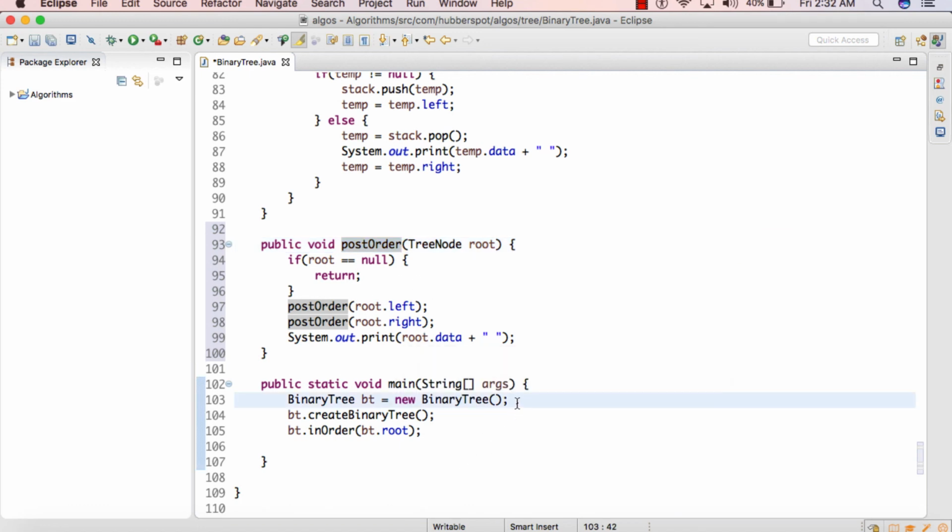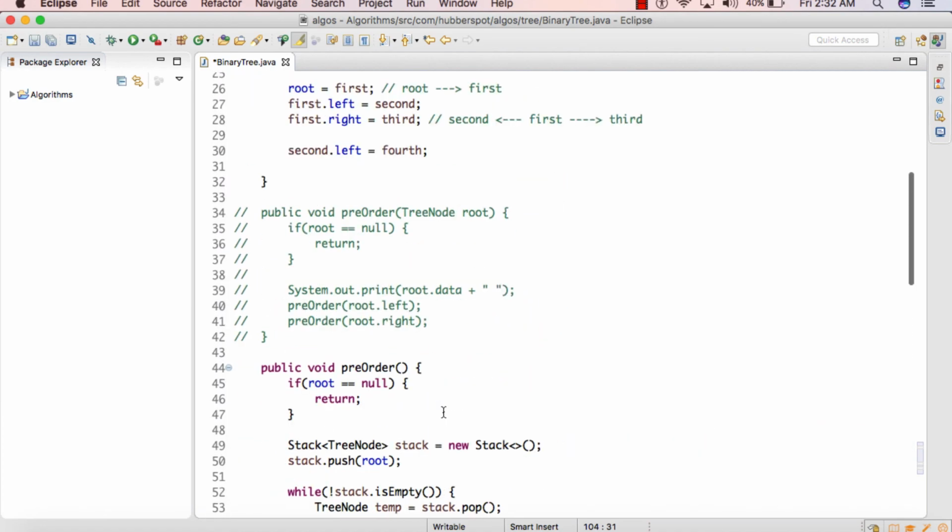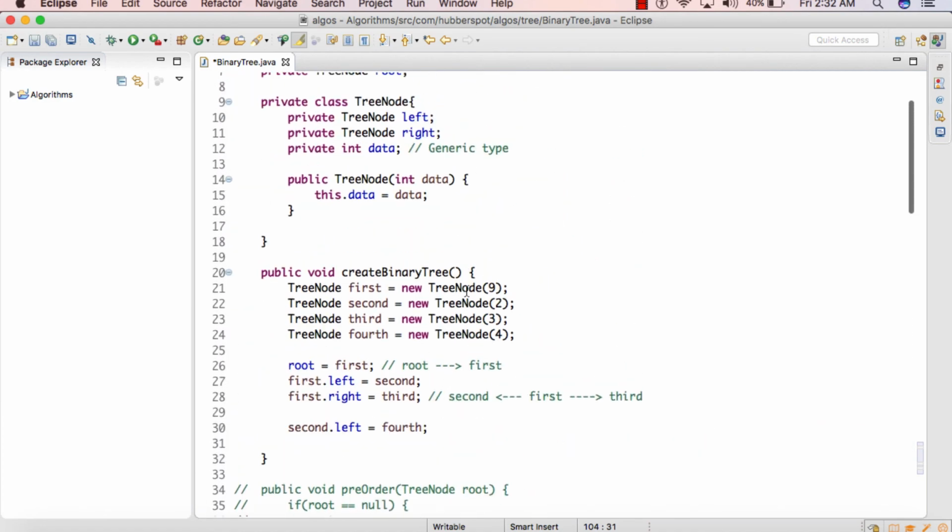So here in the main method, we'll first initialize this binary tree class, and then we'll create the binary tree. So in create binary tree method, we are actually creating the binary tree with few nodes, and these are the same nodes which we discussed in the slide. And we also discussed this method in my previous tutorials. So you can watch my previous tutorials in order to understand how we have created this binary tree with the few nodes.